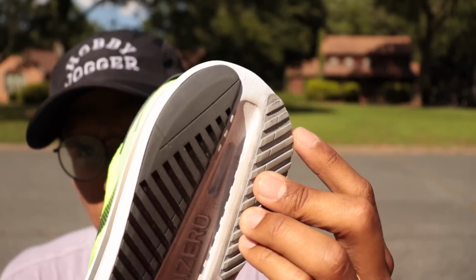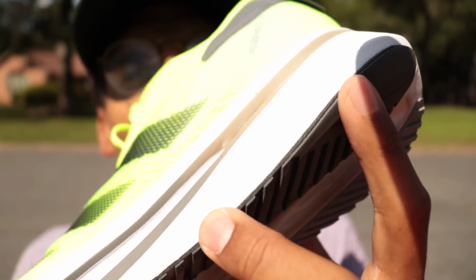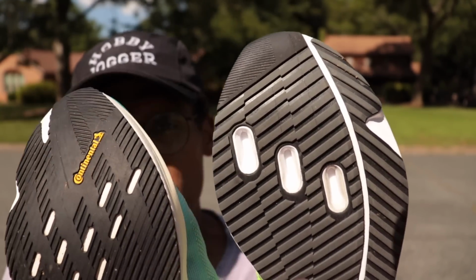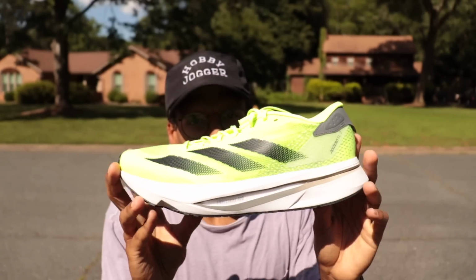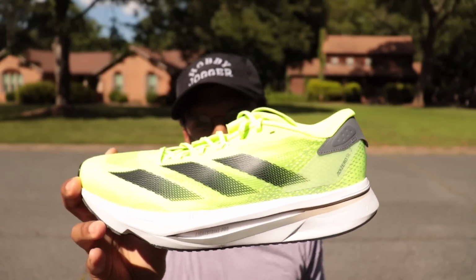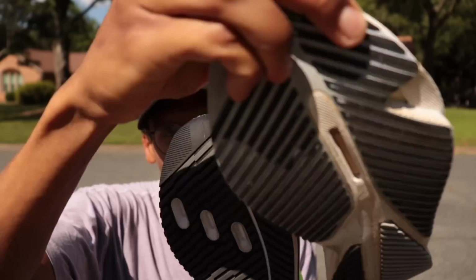There's no other speed training shoe that has this much coverage. And look at this. Look how thick that rubber coverage is. So it's not Continental rubber. The Boston 12 has the Continental rubber, but it is really good rubber coverage. I'll make sure we get some wet weather grip testing in, as I'm gonna do a lot of testing in the shoe. So I'll make sure I get you wet weather on this, but it seems like it's the same compound as